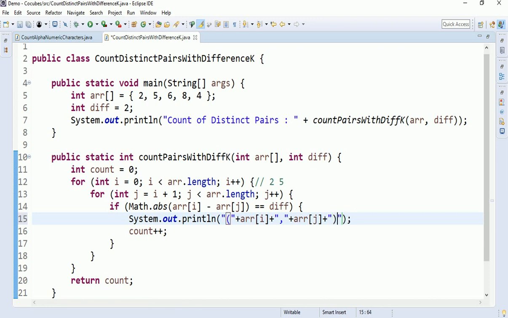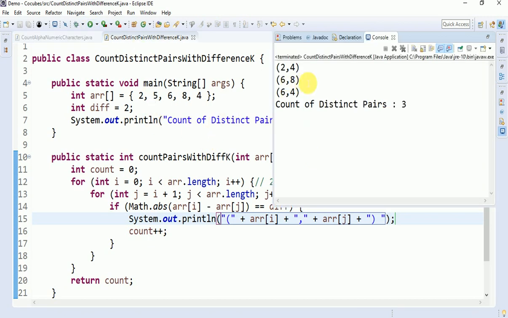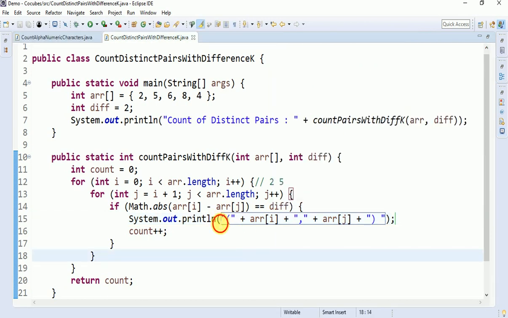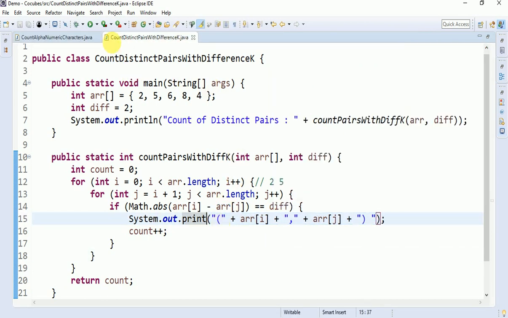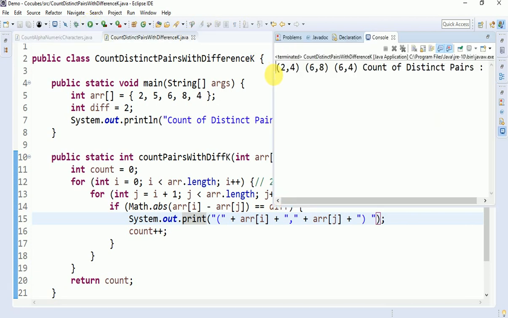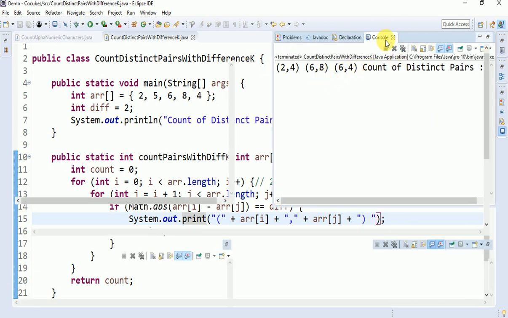Okay. So you got a pair, and then again we want the comma, and the next pairs will come, you get it, right? Or else instead of comma you can just give a space, it looks good also. So let me show you what are the possible pairs. See, it's printing in the next line. If you want it in the same line, then you can remove the ln. So all the possible pairs you get here.